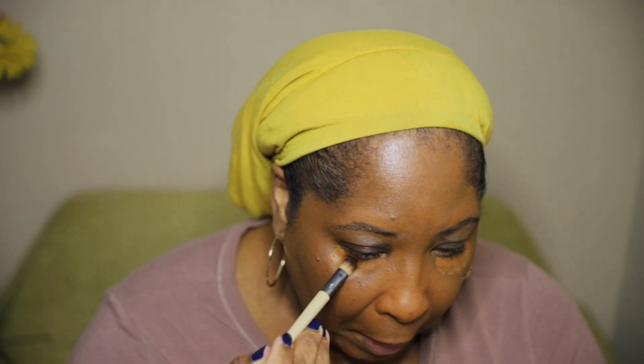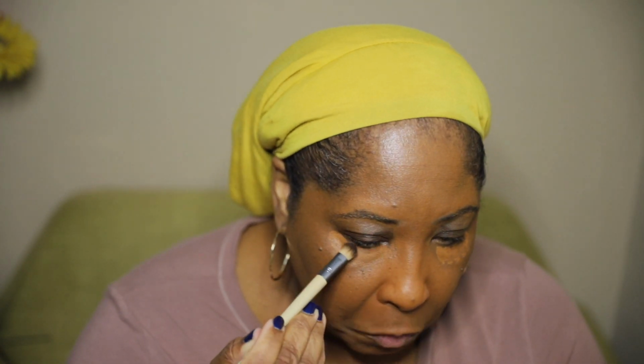So the next brush is this multitasking blurring brush is what they're calling it. But it's basically a concealer brush. That's what I call it. It is a concealer brush. And it's pretty much made to blend out your liquids or a cream or, you know, something like that. So that's what we're going to do. I already have my concealer on, and we're just going to use this to pat, pat, pat, and blend out